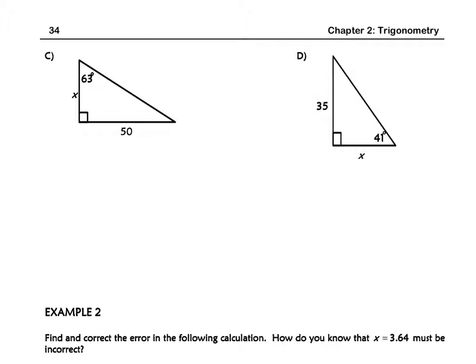The next one is at the top of the page here, page 34, and again, if we look and label our triangle to see what sides we have, this time we have the opposite but we don't have the adjacent side, the side that's making up the angle. So we would still be able to use tan though, because there's still only one thing we don't know, and we can set up tan of the angle 63 degrees should be opposite, which is 50, over adjacent, which is x. So this time it's a little bit different because the x is in the denominator. We can still cross multiply,